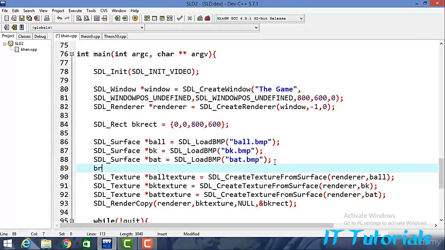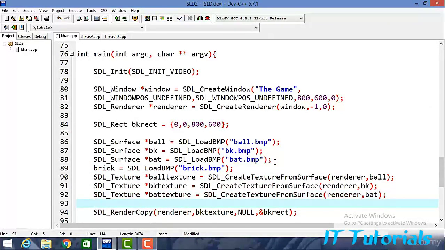Now just type here break equal to STL load BMP, and the name of my image is break.bmp. And now initialize the value for the instance of our STL texture, which is break texture